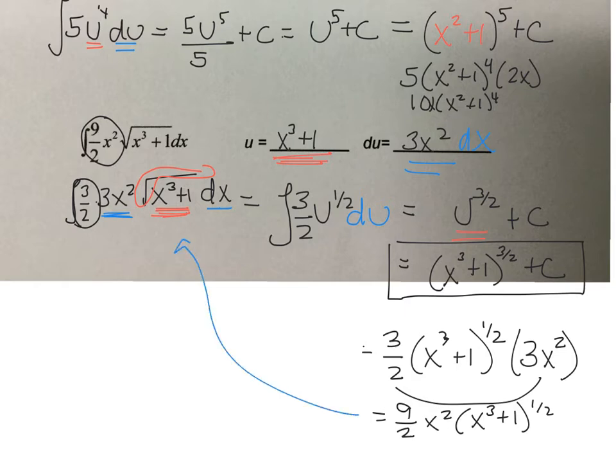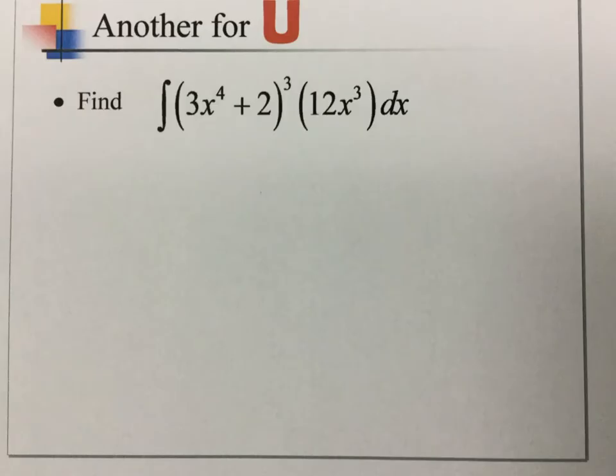Okay, so hopefully you're starting to catch on to this. So let's do one more example. Okay, so if I look at this one, I'm going to identify my u and my du. So I'm going to start out by saying my u is what's being raised to the power here. It's usually the function inside of another one. So my u is going to be equal to 3x to the fourth plus 2. Okay, then I say what's the derivative of that? So du is equal to 12x to the third, derivative of 2 is 0,